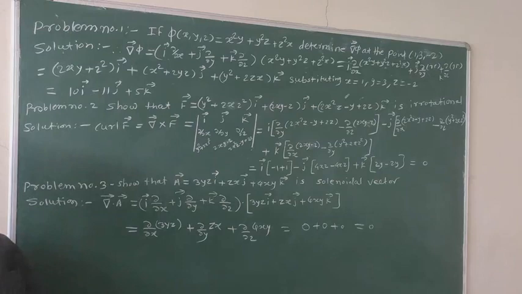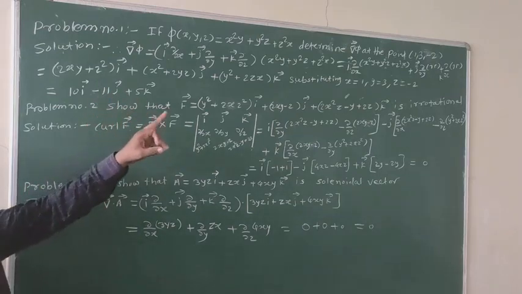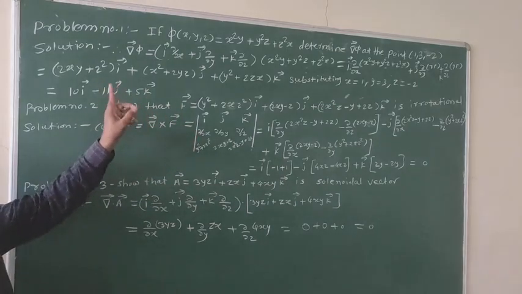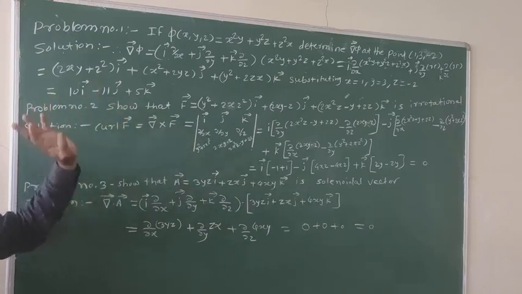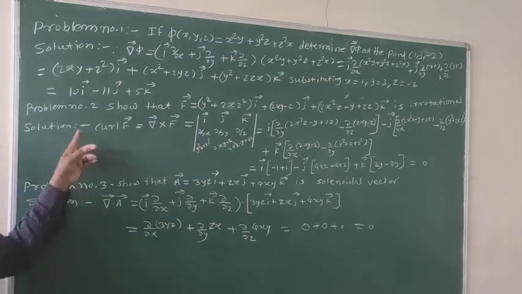In this way, we can find the gradient of phi, pronounced shortly as grad phi, by using the concept of partial differentiation and by operating the del operator on phi. In the examination, this problem will be asked for 4 marks. In a similar way, we concentrate on another problem, problem number 2.